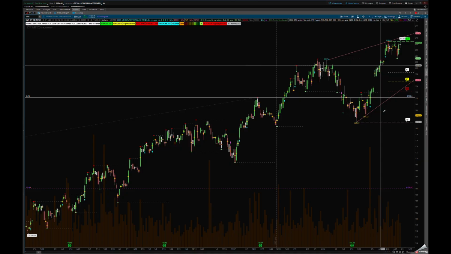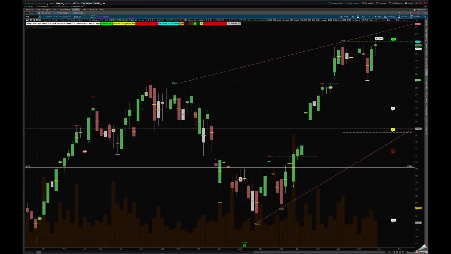We fell down and we created an island reversal on that tweet from Donald Trump talking about, hey, the market is going to be continuing higher. We're going to have a ceasefire in Iran, and we pushed up. Then we did another island, but that island, you can see, still never tested the prior high of this island reversal. Even if we come back this way, to the bottom of this consolidation here where these candles are,